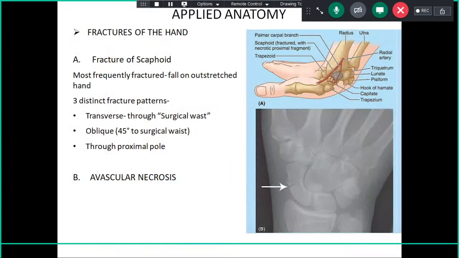The compartments which were formed. A little about it: I had just told you how the fracture of the scaphoid is more common. The most common reason is that when a person falls on an outstretched hand,